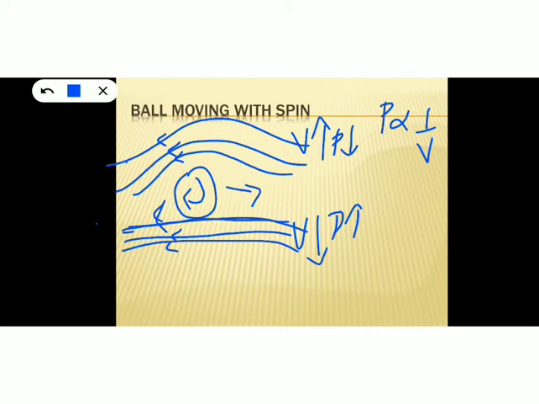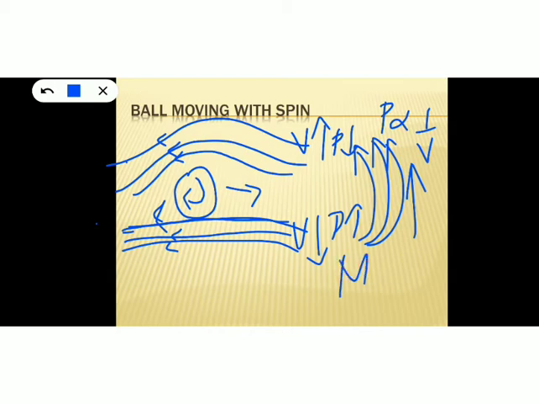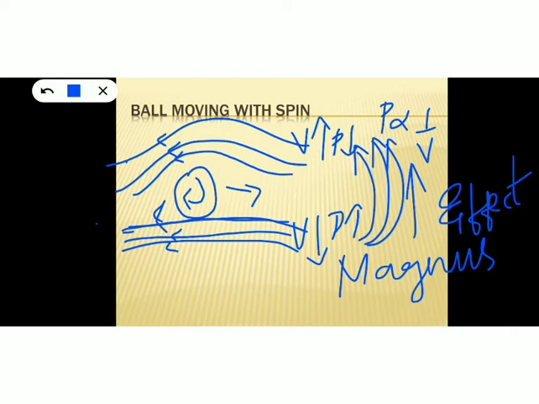So there will be a movement of air from the high pressure region to the low pressure region, that is, in the upward direction. Due to this upward movement of the air, the object will experience an upward force, and this is a dynamic lift, because the object has been lifted up due to this upward motion of the air. This dynamic lift due to spinning is known as the Magnus effect. This effect is very, very important. This dynamic lift of the ball experienced due to spinning is called the Magnus effect.